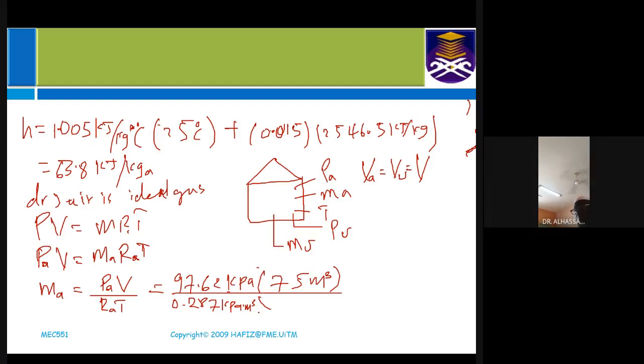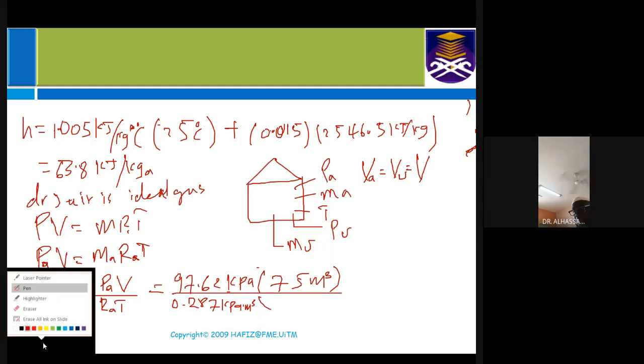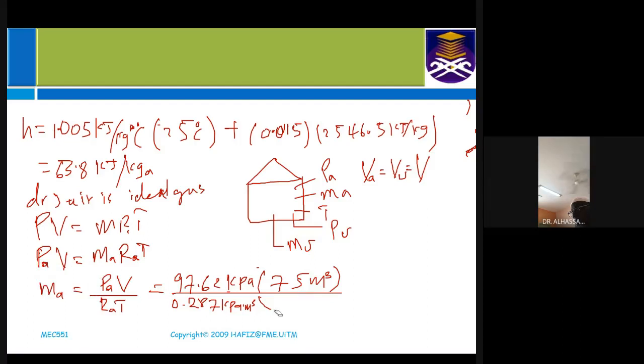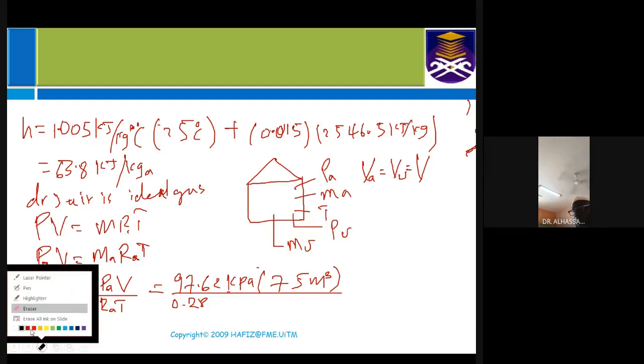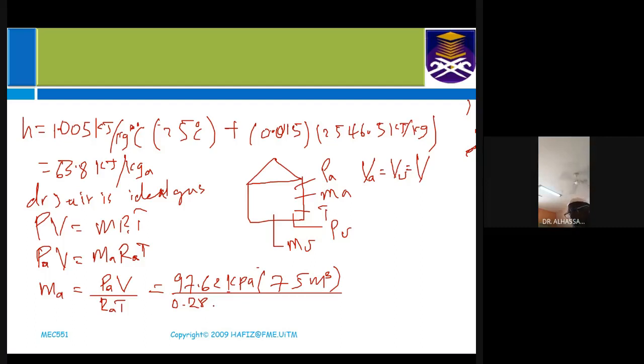Oh, sorry, I made a mistake over here. So 287 kilopascal per meter, times meter cube per kilogram per Kelvin